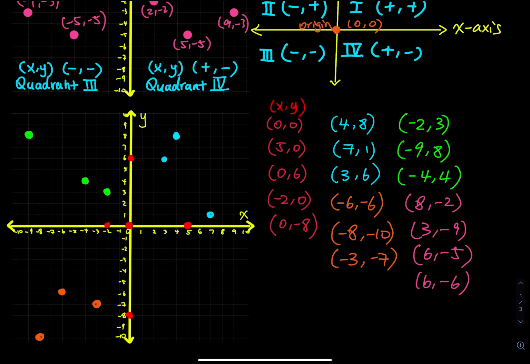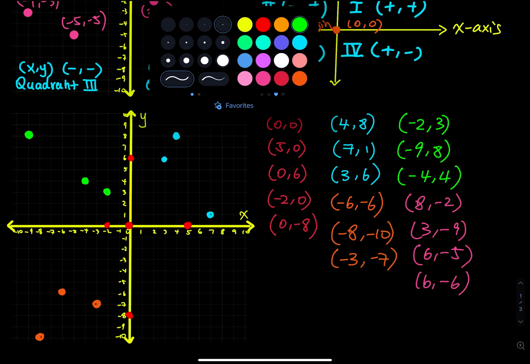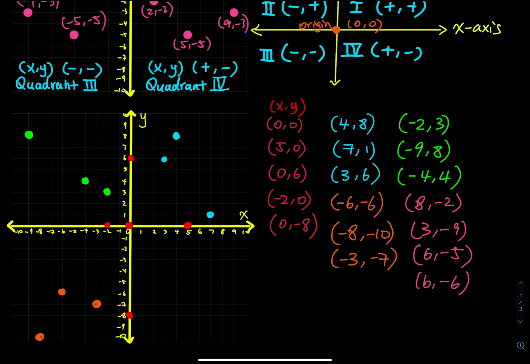All right, the pink. X is positive, y is negative. That is quadrant 4. Match the color. 8, -2. So we have a 8, -2. 3, -9. So 3, -9. And then 6, -5. 6, -5. We have a 6, -6, which is right over there. All right, so that is